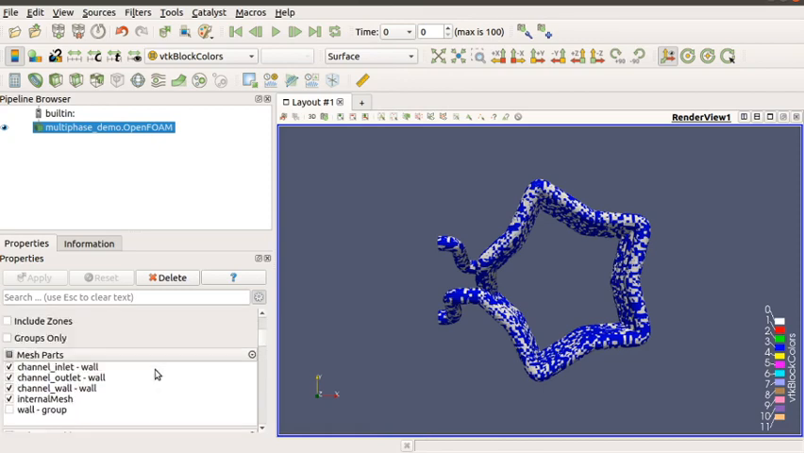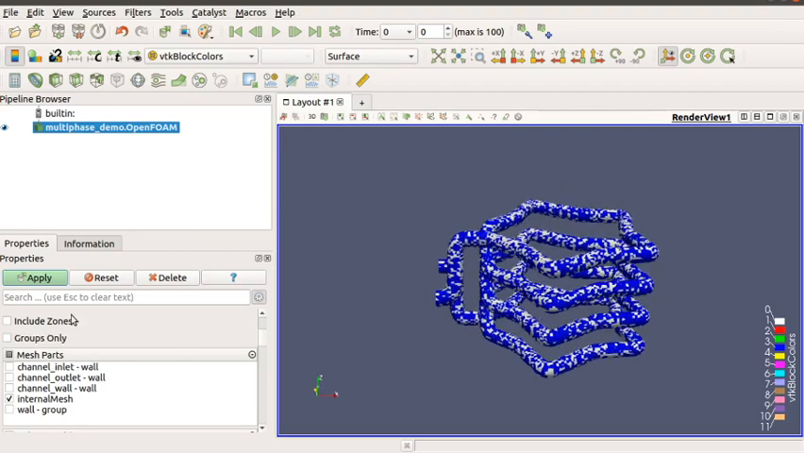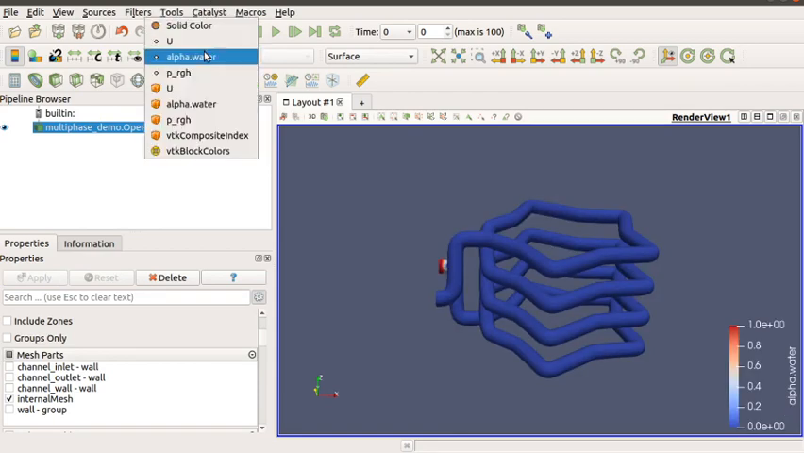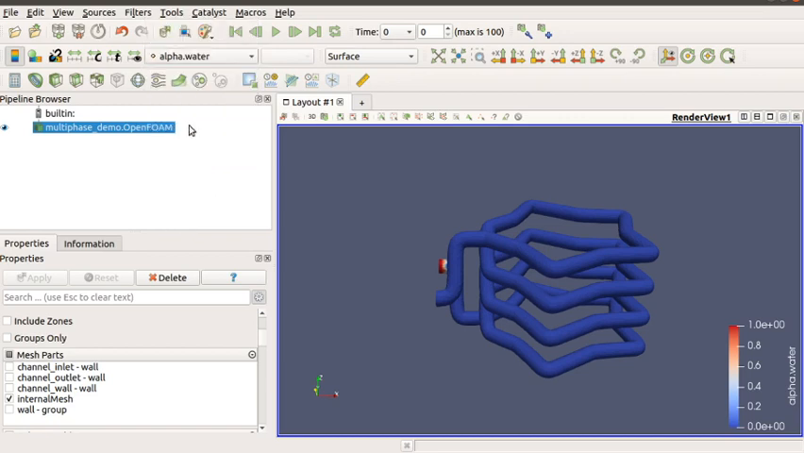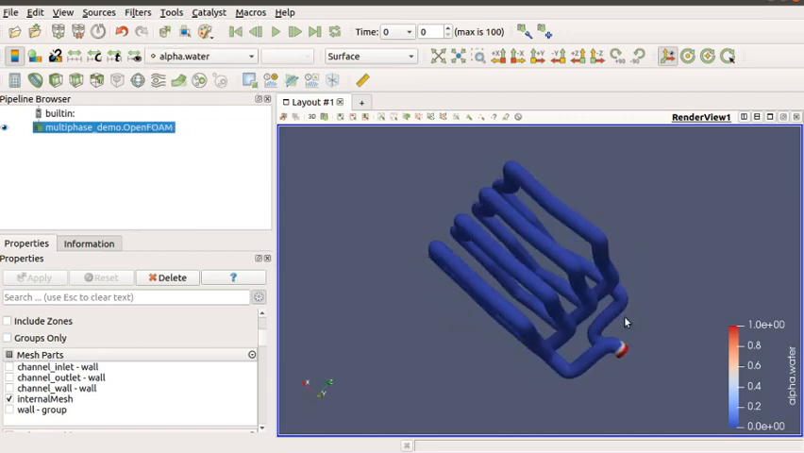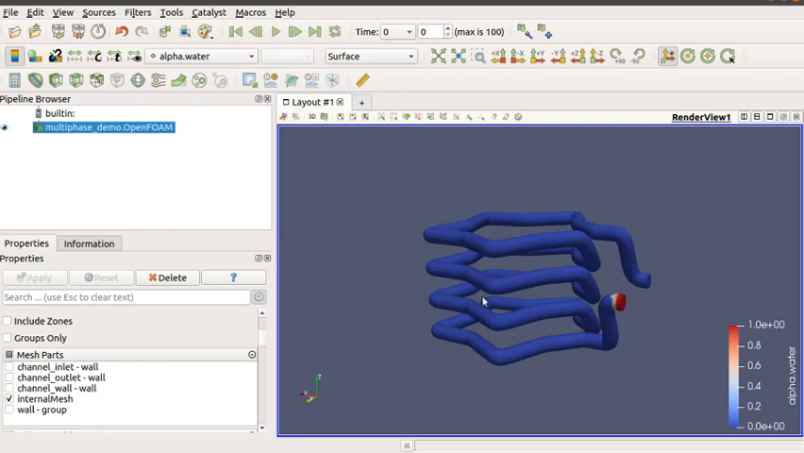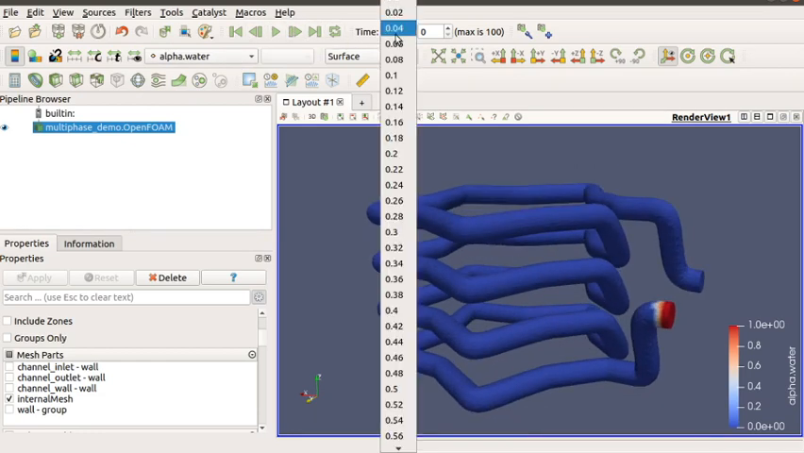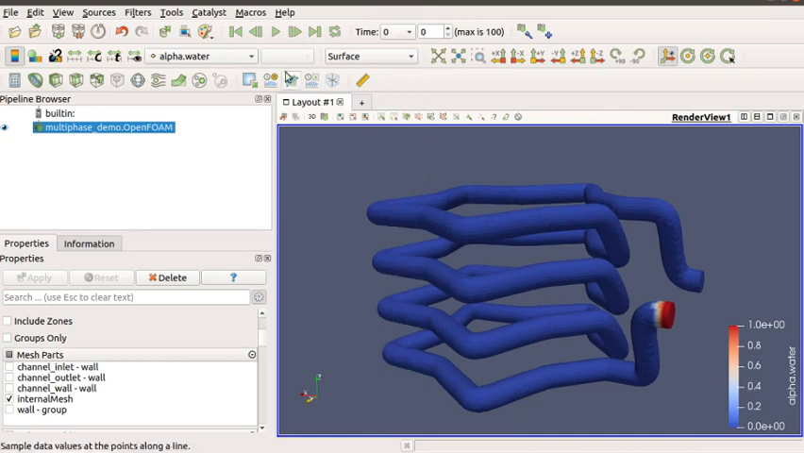So this is the channel wall, which we don't want to show now. We are interested in seeing the result. So just go to alpha.water. This is the node data, this is the element data, and if we click on this, this is the time representation for 0, and if we check the 0.02 time,